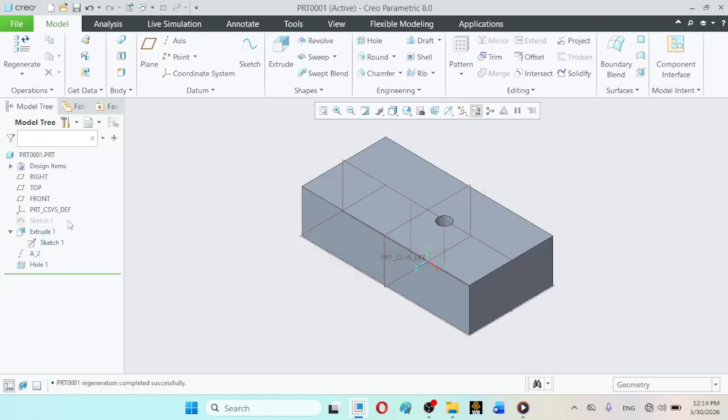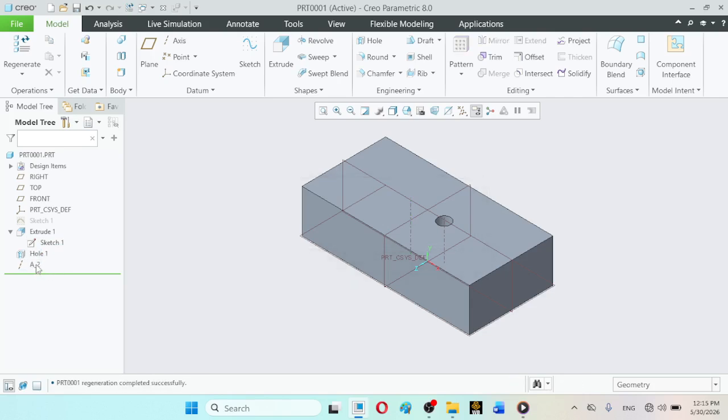Again, for example, the datum axis must be prior to the feature which is to be circularly patterned. So in this way you can LMB press and drag this datum axis here and place it here.